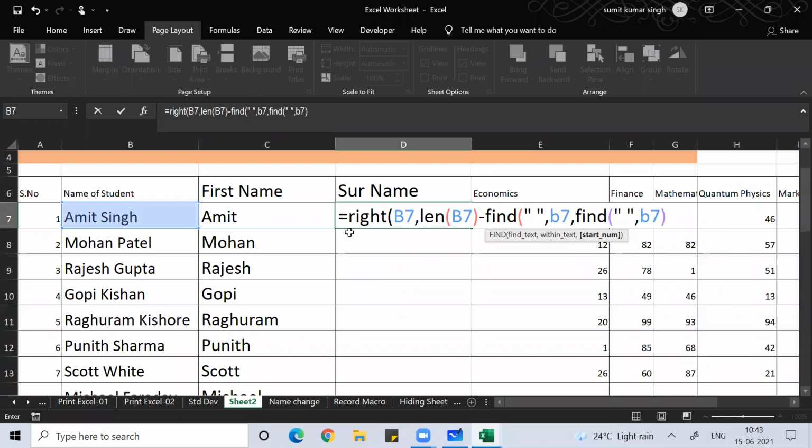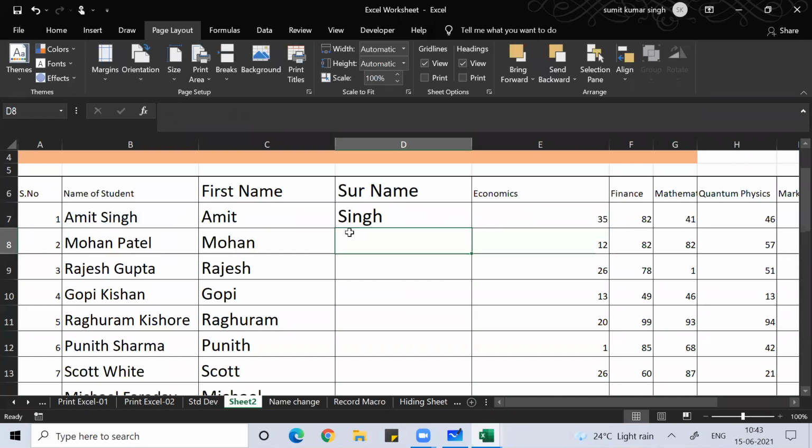So the space, where is the space, guys? If you see the space, it will give you the next set of data after this space, right? The space is the fifth character, so it will count. So it will give you the starting number as 5. Okay, can you understand this? If you press enter, you will get the surname.